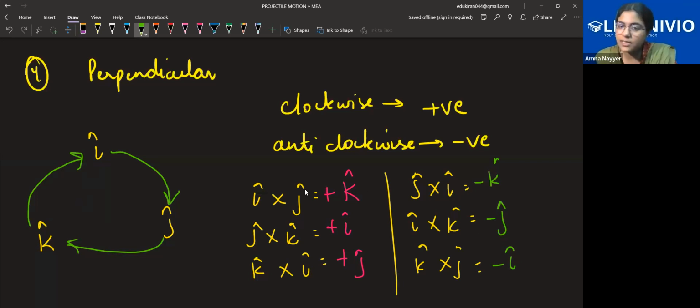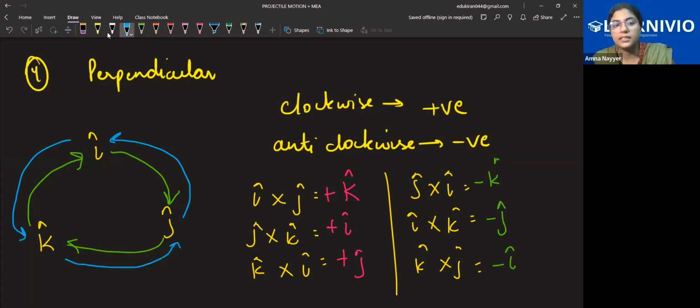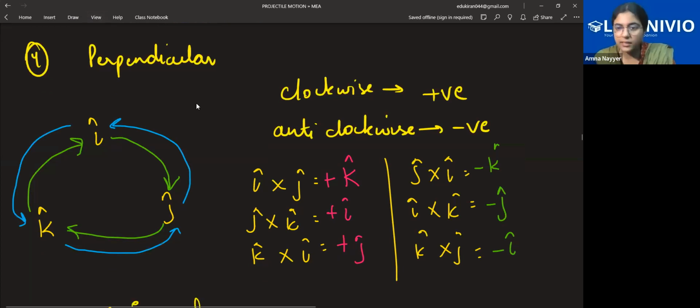Now what is happening with plus and minus? See, this is fine till here. I cross J, J cross I is giving you K. All these I have discussed. What about these plus minus? See, if you are moving clockwise in this circle, then put a positive sign. If you are going anti-clockwise, like J cap cross I cap, or K cap cross J cap, like this, put a negative sign. Fine. This is very important, very helpful. We'll see questions from this. First, write down this.